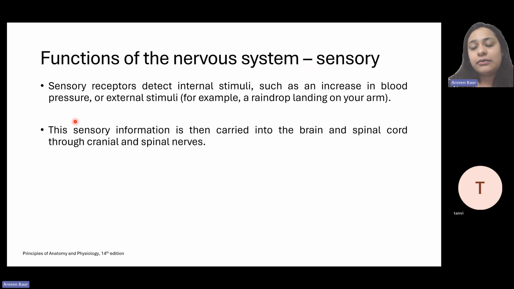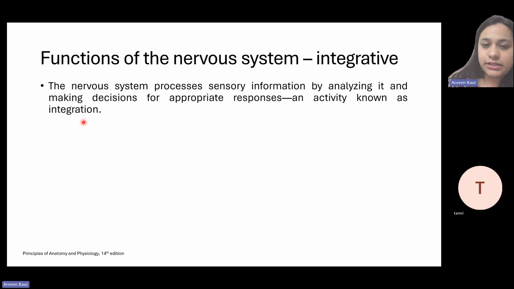it comes under a term that is known as proprioception, right? So that is to basically have a sense of functions within our body. The nervous system also possesses sensory information by analyzing it and making decisions for appropriate responses,